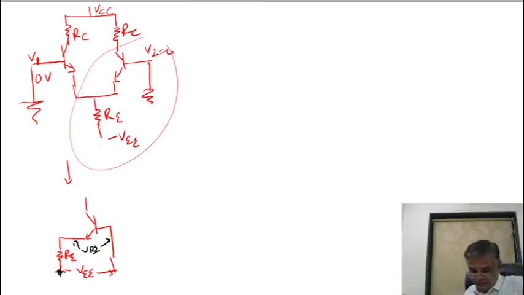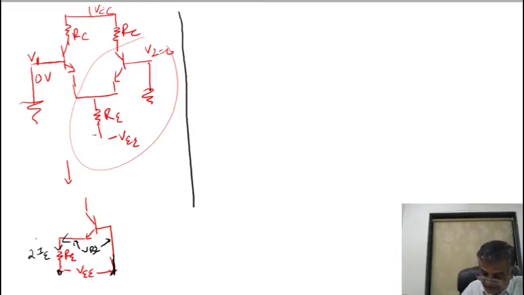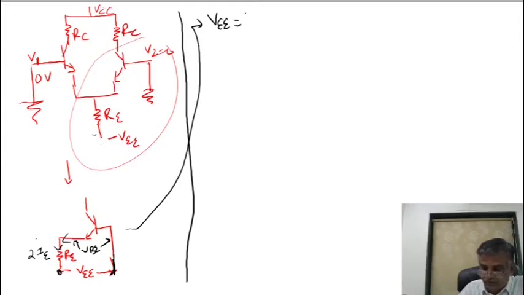See, this is your VE, because this is a voltage with respect to this. Remember, between these two, what I have written? VE. Check here, VE. So, how much current is flowing here? Here current is flowing, in this 2IE. So, I can write for this circuit, VE is equal to VBE plus 2IE into RE.